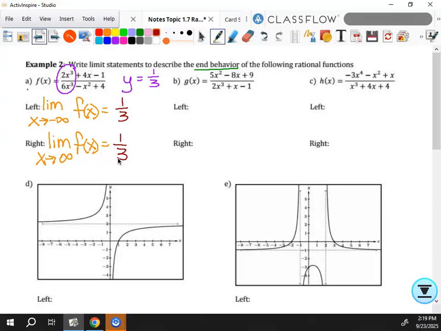We okay with that? Questions? All right. So let's fill in the first part of our limits here. Left will be the limit as x approaches negative infinity of who? G of x. And the limit as x approaches infinity of g of x